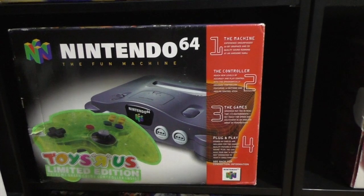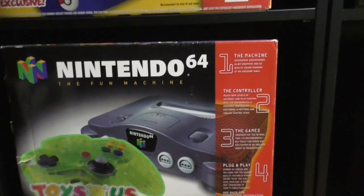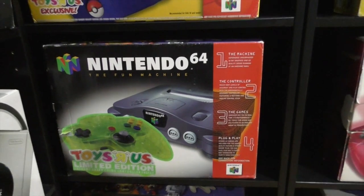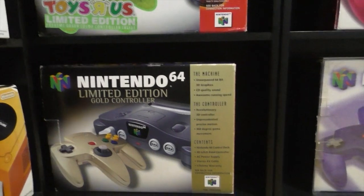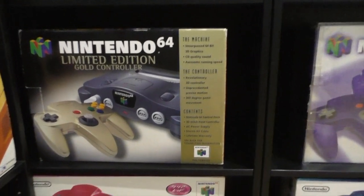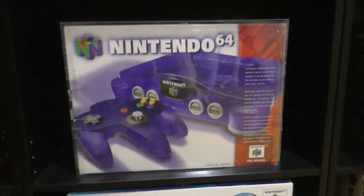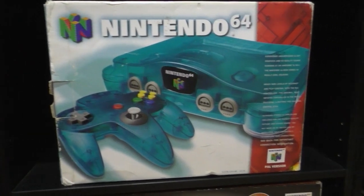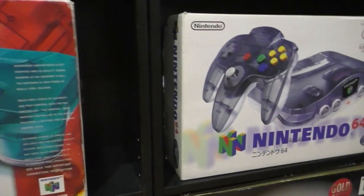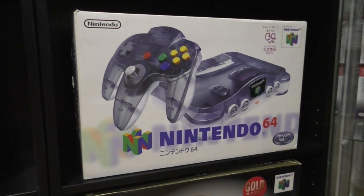My Toys R Us limited edition extreme green controller, that's where I got that extreme green controller from before, came with this box from, again, American Toys R Us. Just your plain grey N64 with a gold controller. My grape purple N64, my ice blue N64, the rarest colour or variant N64 in the world is the Just